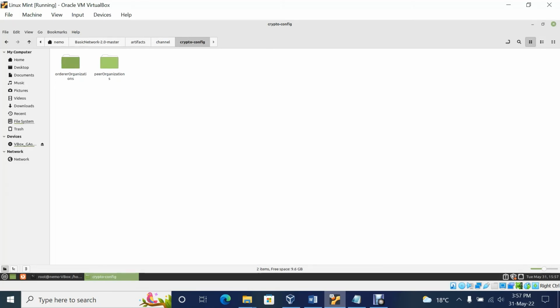and inside this folder we can see that there are two separate folders, because one is for the orderer. In a generalized sense, we have created cryptographic materials for the orderer and cryptographic materials for the peer. So first let's visit the peer organization. Here we can see that we have organization 1 and organization 2,